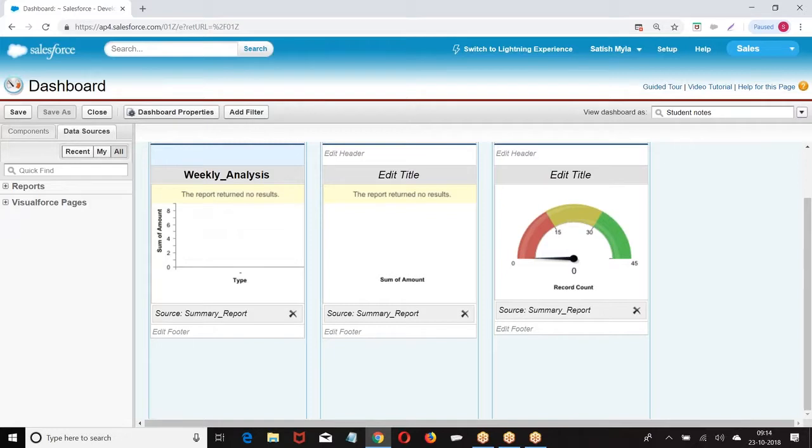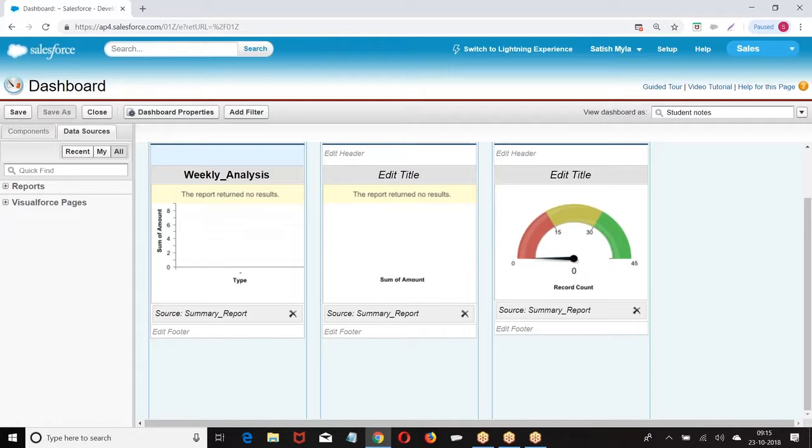We can run the dashboard as a specific user or as a logged in user. When I say run the dashboard as logged in user, the person who logged in, according to his credentials, whatever report is visible to him, on that report the dashboard is created. When I say run as specific user, choose the user whom you want. With respect to that user, whatever data is visible, the report is created. I hope you are good with this. Clear for everyone?